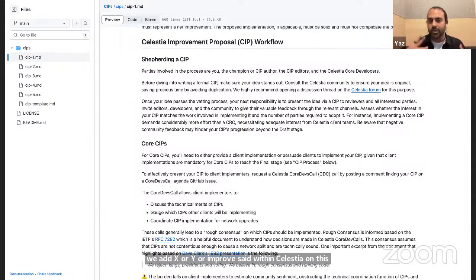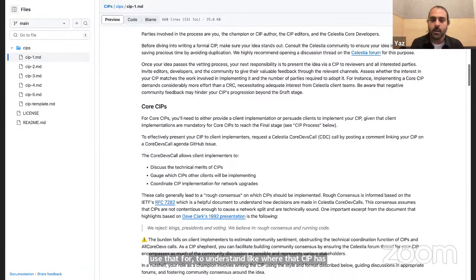So you start that conversation to see two important things: whether a lot of people align and think this is a net value add, and second, whether this has been proposed before. Because if it has, you can look at the existing CIP to understand where it has been from a status point of view.